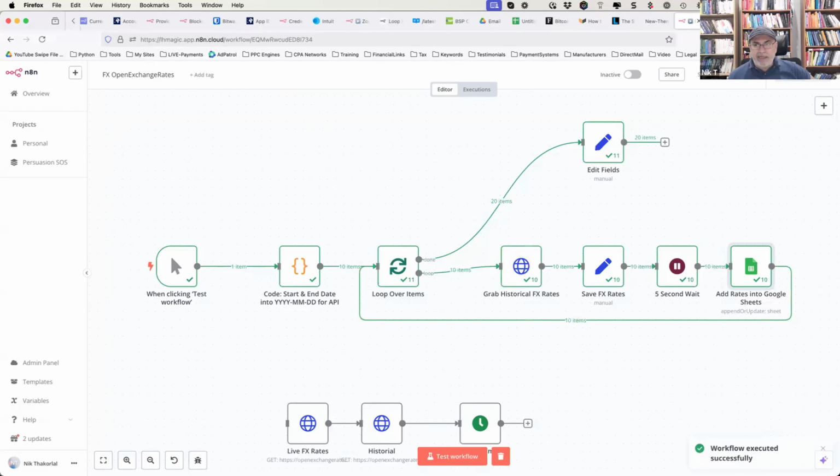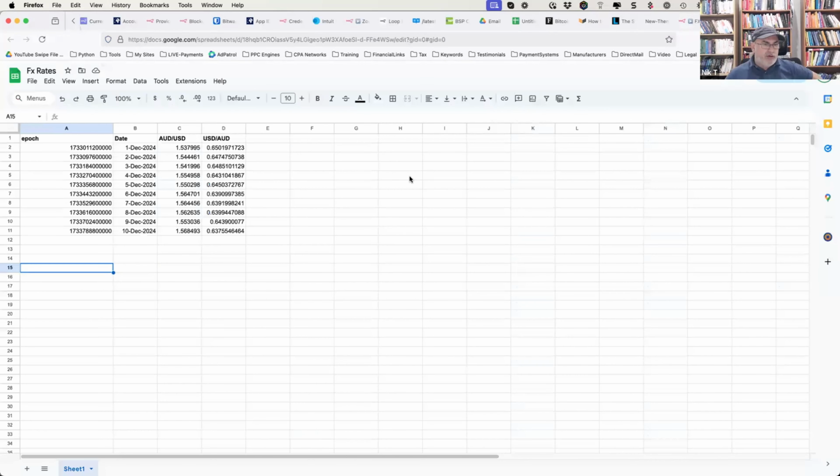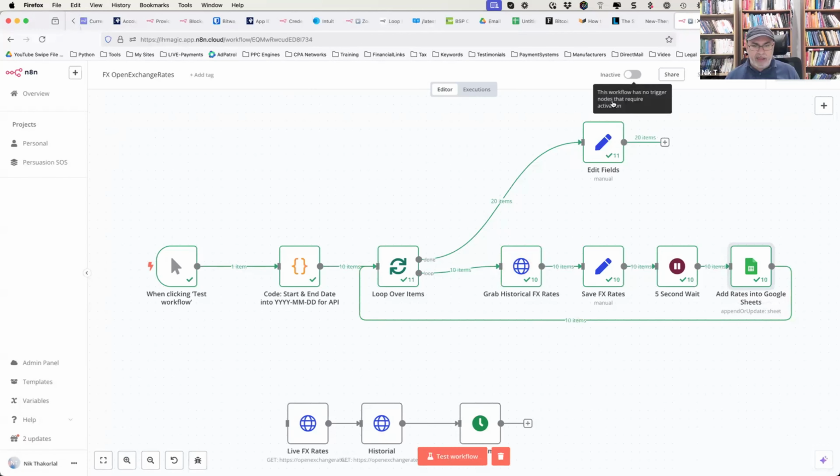Workflow has been executed, and there you go. It fed me my exchange rates in this case. In your case, you'd have a whole bunch of columns about details of the specific person. Now, these automations do need something, and this was a bit of an improvement that I made, where if you